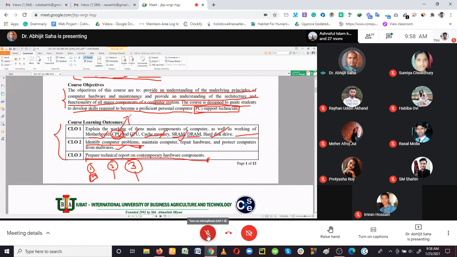Yes, it is right what you're telling, but you have to make sure that with the improvement of the CPU, the CPU does not work alone in the computer system, right? This CPU needs to be installed into the motherboard, into the CPU socket. So the improvement you have done with the CPU, that CPU must be installed into the CPU socket on the motherboard, right? So that means the improvement of the motherboard is also needed, right? Each of the components is going to communicate with each other in the computer system.